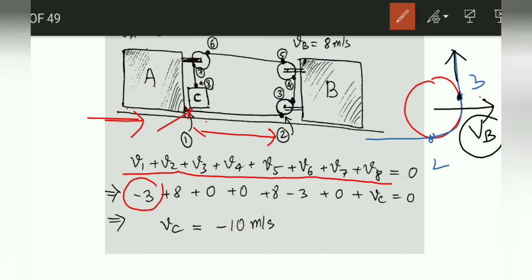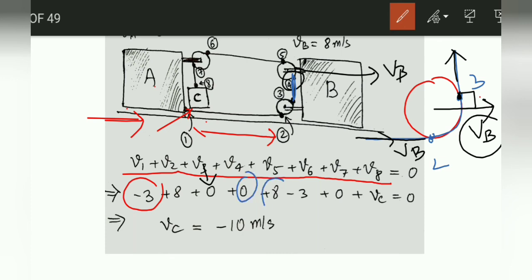Luckily, this segment of the string was in line with the motion of the pulley. So this total component of VB came across this string, which is connected to contact point 2. But this point is perpendicular to VB, so we can say V3 is VB cos 90 degree, that is 0. So V3 we are taking as 0. The same analysis we can do for V4. Since this part is perpendicular, we can say V4 also 0.